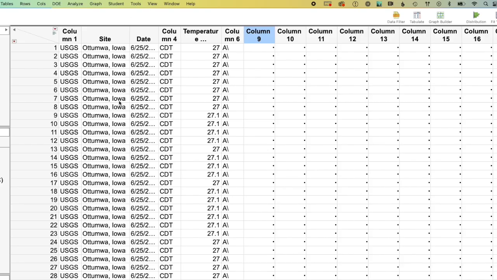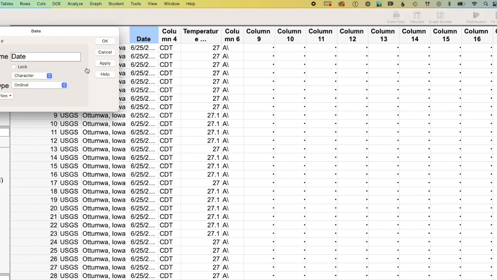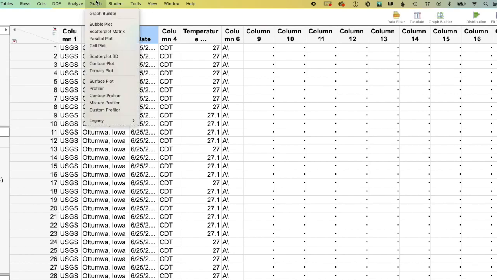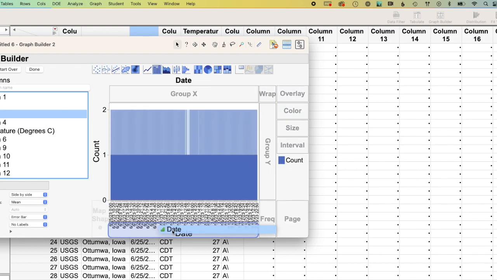Okay, now that we have all of our data organized within our JMP file by site, and then we have our column for temperature, and that we've coded date as well, and in this way we've coded date as ordinal. So let's just see how we've coded the date. So character ordinal. We can go ahead and just make another graphical analysis. We can take our graph builder. We can drag and drop the date onto the x-axis,